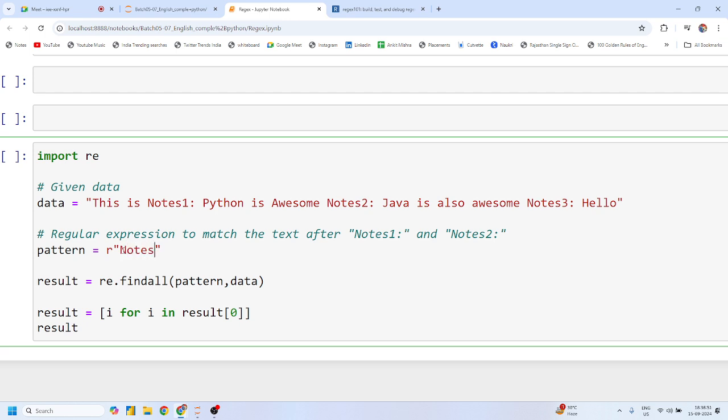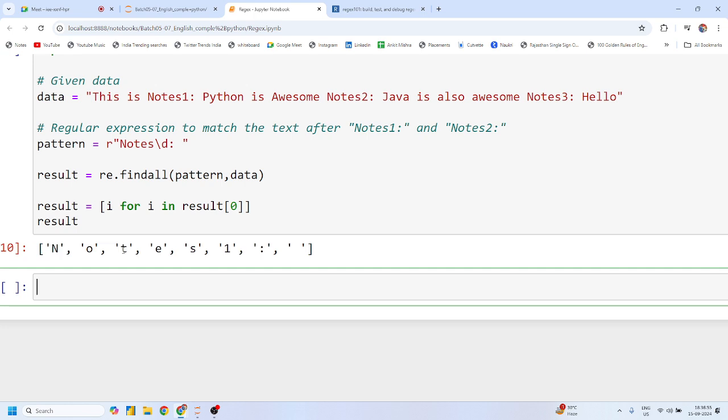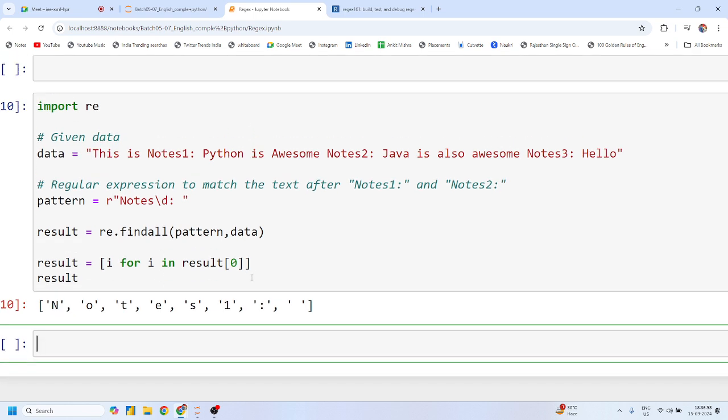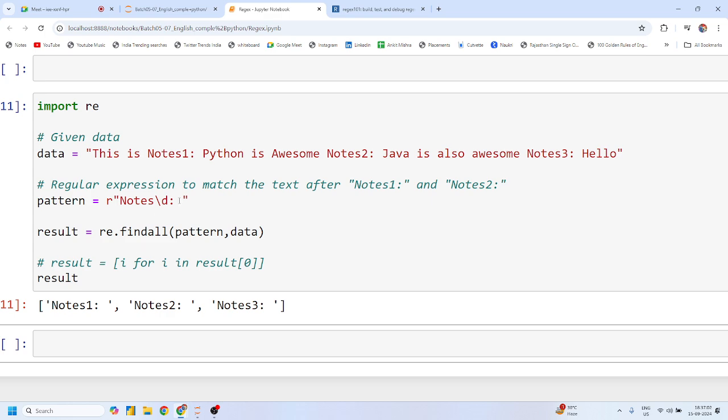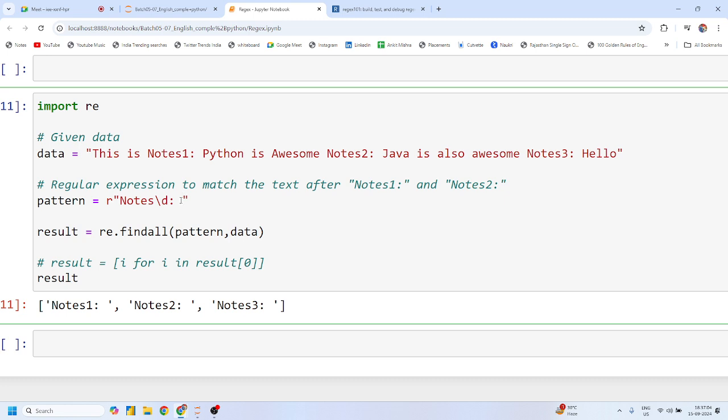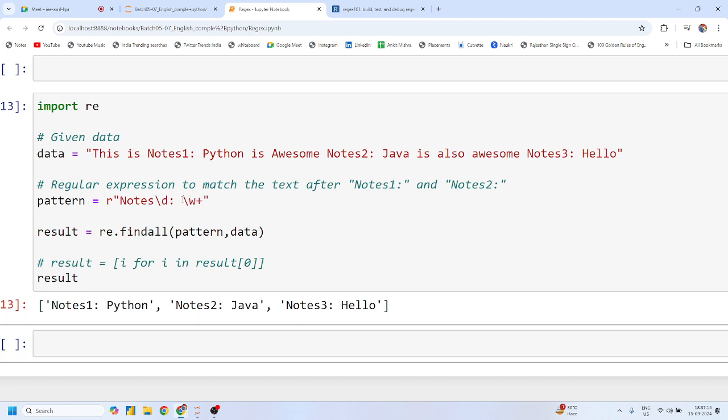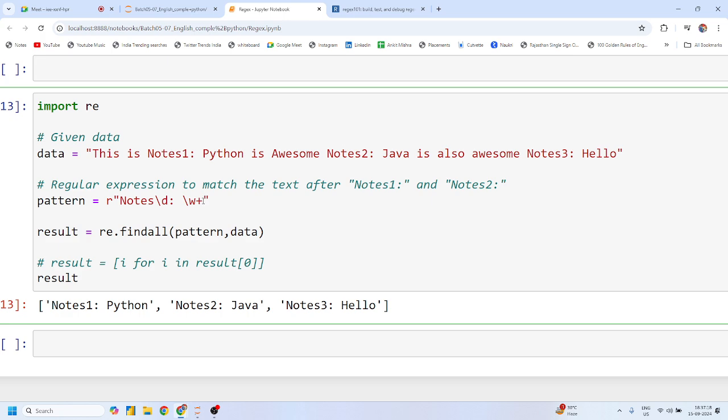My nodes slash t space something like this. Nodes 1, nodes 2, nodes 3, and it should be slash s. Let me simply take s. Now there must be some characters, okay, and then